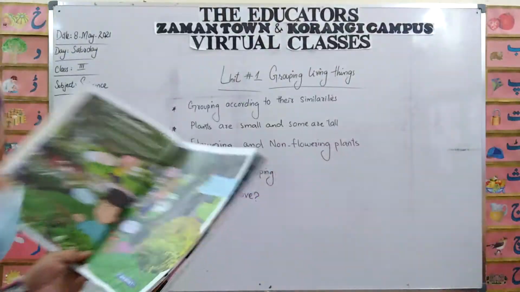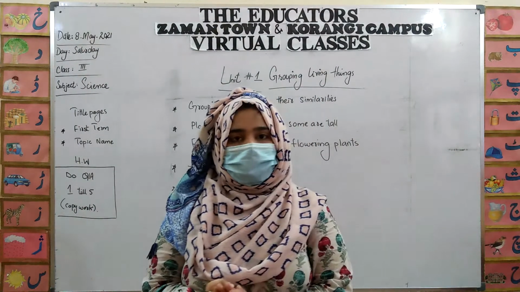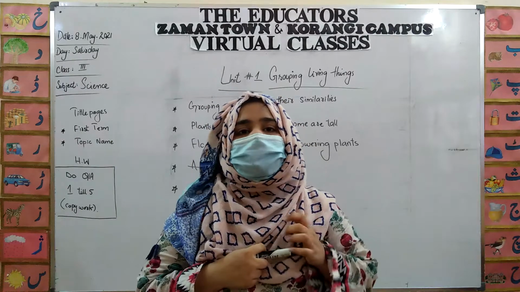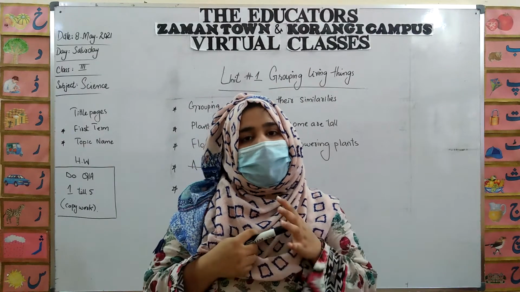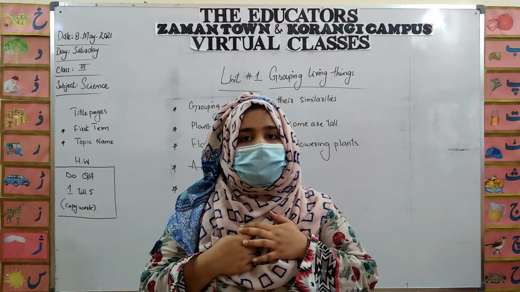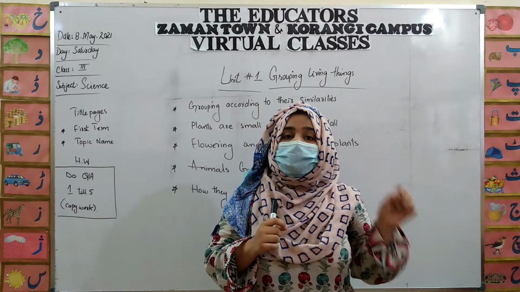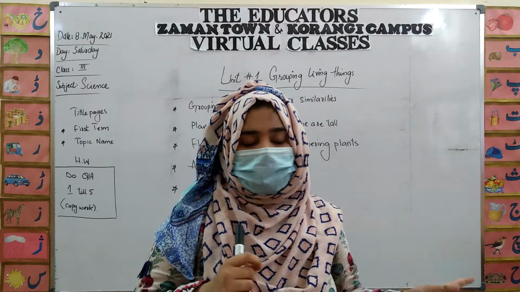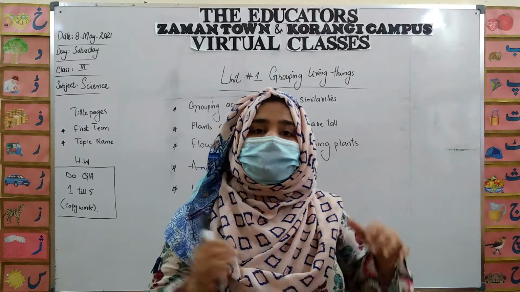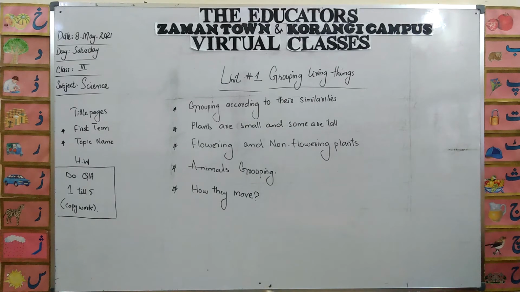For example, if I give you an example, there is a basket full of balls. Different colors are present for the balls. So I just give you a task: pick out the balls which are black in color. So you have to pick all the balls which are colored black. This is the similarity of the balls, that you pick only balls which are black in color. Same, we are talking about plants. We take out their similarities and group them together. So let's continue.